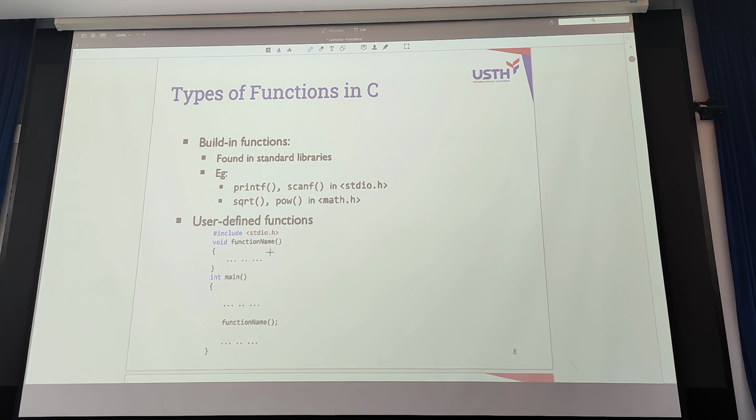Now the second type of function, this is what we want to practice.